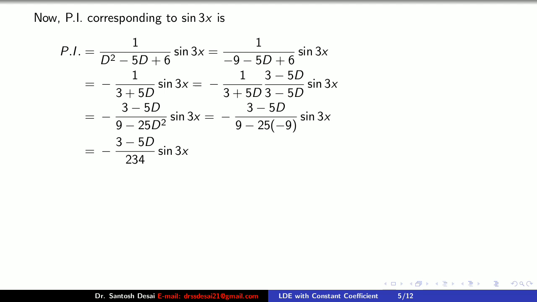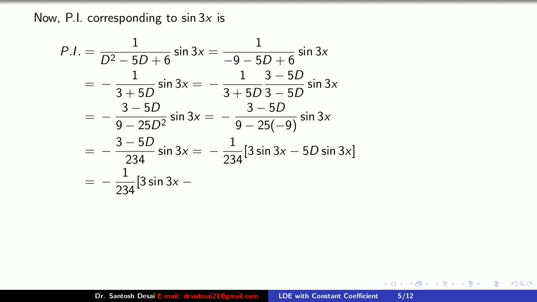Now our job is to simplify the numerator. The numerator is a multiplication of 3 minus 5D into sin 3x. So you just take the multiplication. So we get minus 1 upon 234 into bracket 3 sin x minus 5D into sin 3x. Now in the first term there is no simplification, but D into sin 3x, D stands for the derivative, so we take the derivative of sin 3x, and therefore we get minus 1 upon 234 remains as it is, 3 sin 3x minus the derivative of sin 3x,